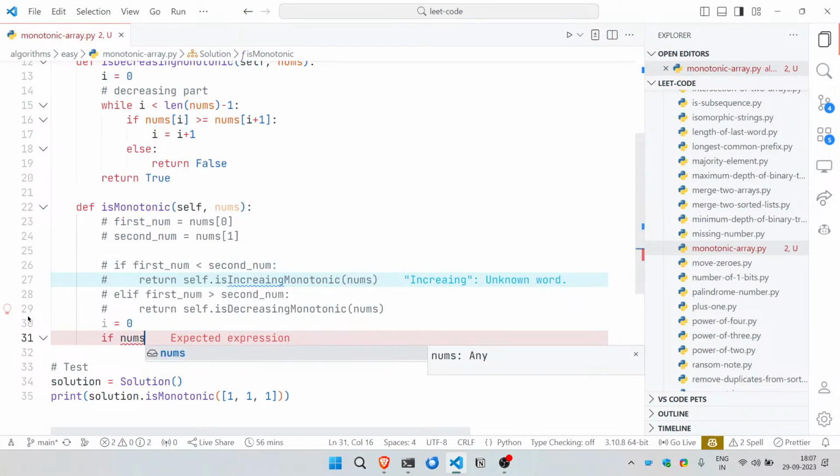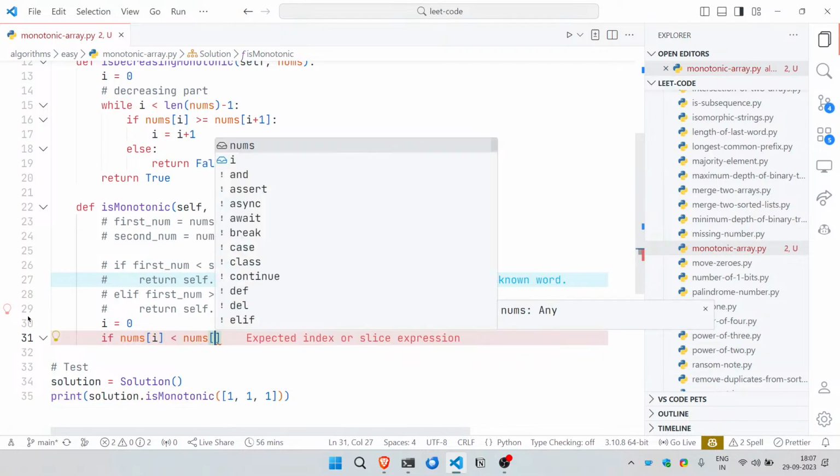Okay, how about we just do that? If nums of i is less than nums of j, or i plus 1,